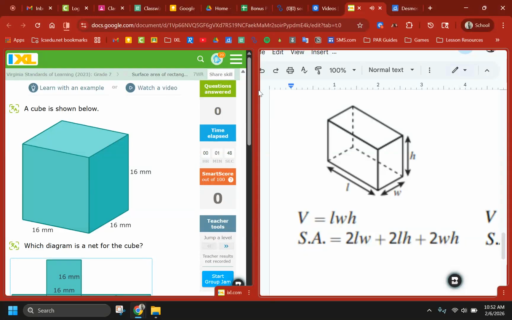Guys, I'm going to show you what we're going to be doing with finding the surface area for a rectangular prism, or just what kind of looks like a box. This is our formula that we have here. This one down here that says SA stands for surface area, and our formula is 2LW plus 2LH plus